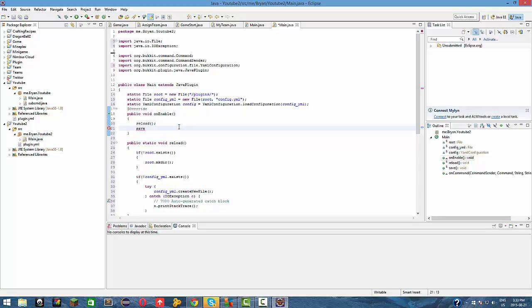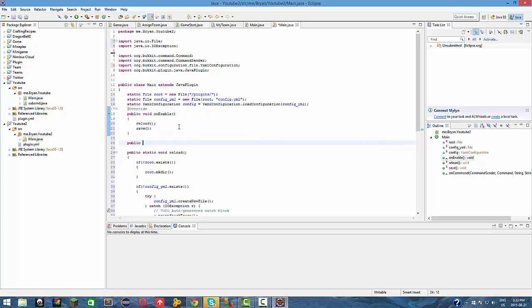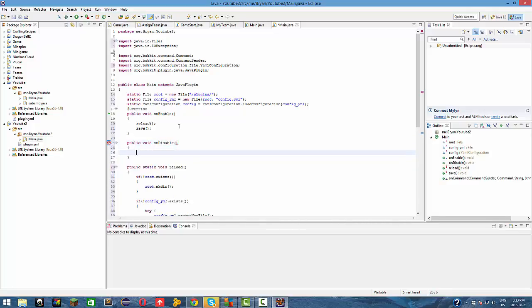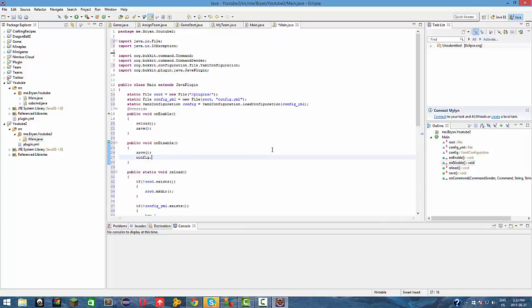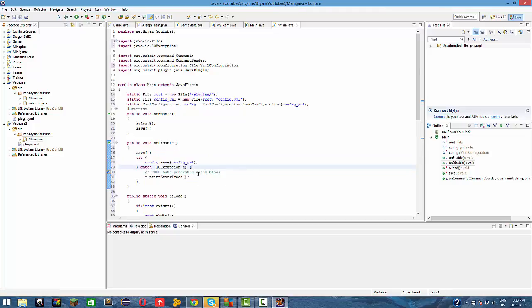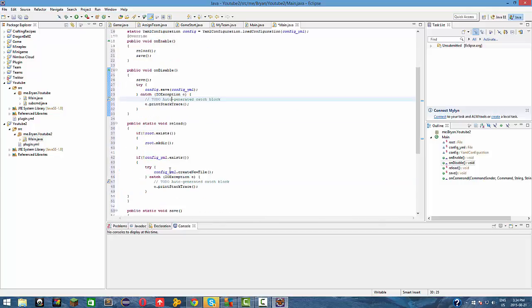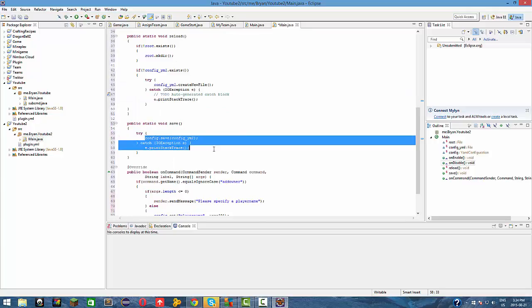And we forgot to put save in here, and I forgot to also say public void on disable. I forgot to mention that in your on disable, if you want your configs to be saved, just type save, or you could say config.save, and you can save the file config.yml. These are ways that you can save your config, and obviously you have to put the try and catch. But because I don't like this try and catch in my on disable, I just made a method called save, and I just saved them there. So yeah,